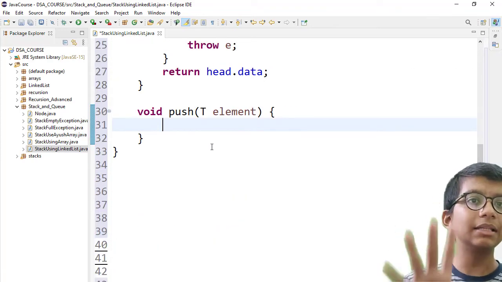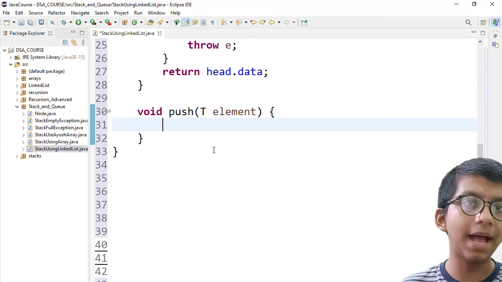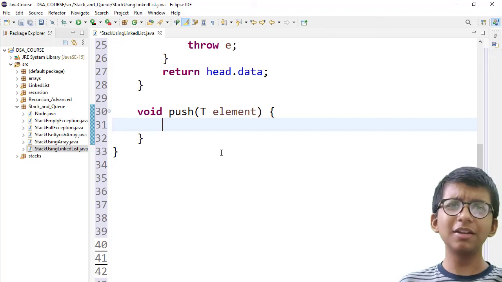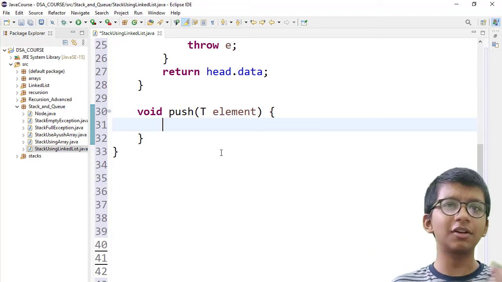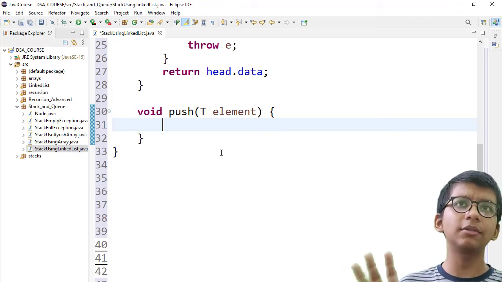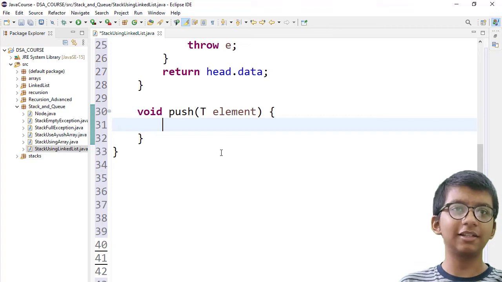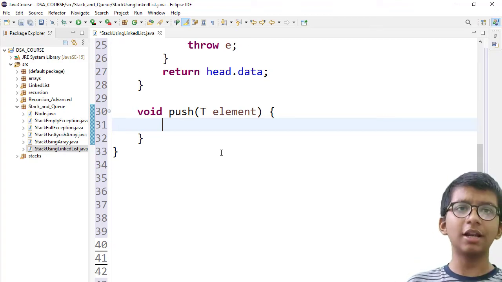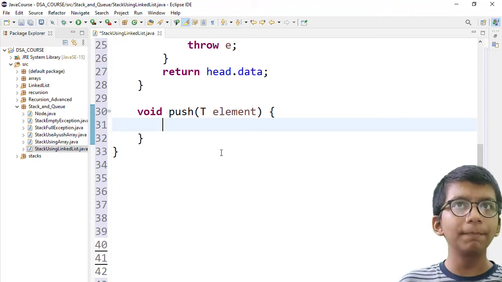And one more thing: in arrays we double the capacity, meaning if our array is full, we double it, but in a linked list we don't have that. We can insert as many elements as we want, we don't have to care about the size of our linked list, because a linked list does not have a finite size. Okay, so now if we want to push an element, first of all what we can do,